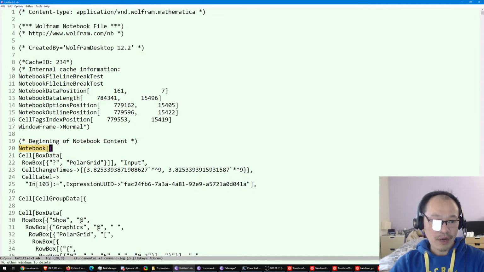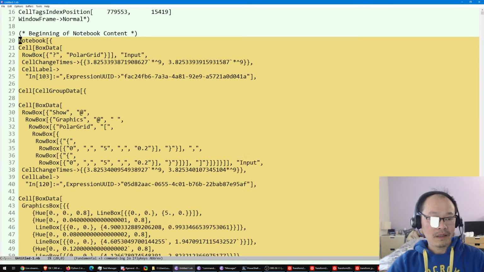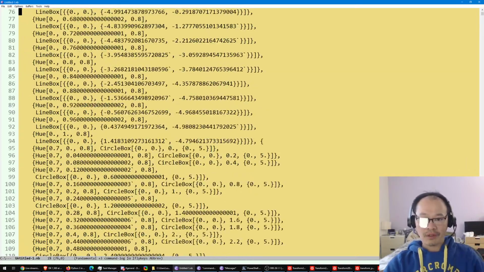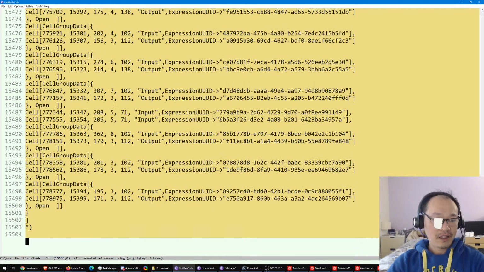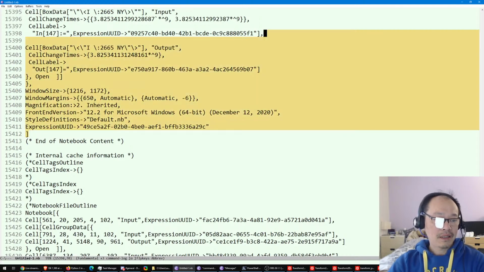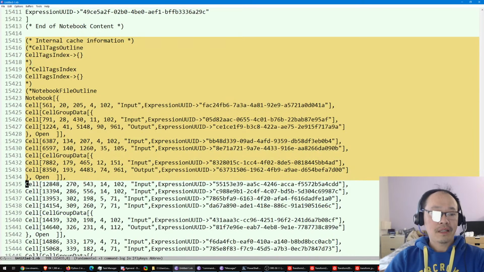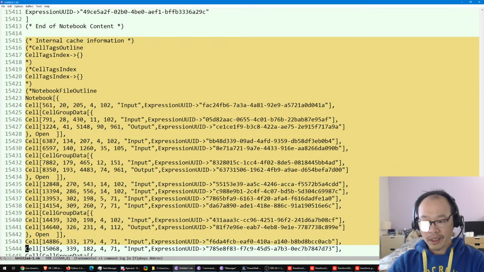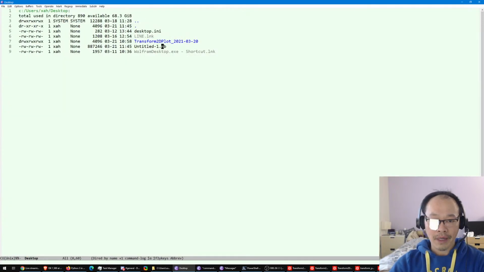And if you match the bracket, in Emacs you can jump to the end of the bracket. That's the entire notebook. And that's the end of the notebook. Then the rest of that is again cache information and some temporary information. So everything is plain text. Okay, that's a Mathematica notebook,